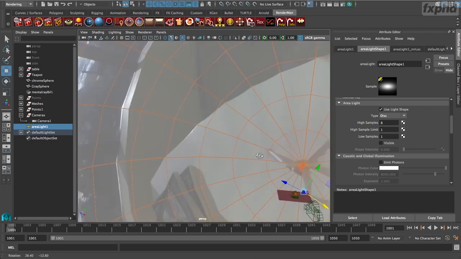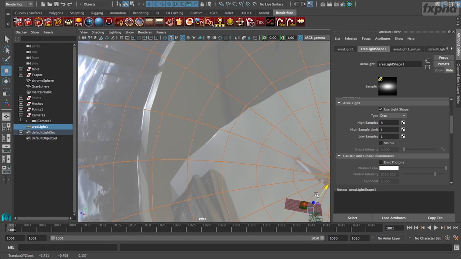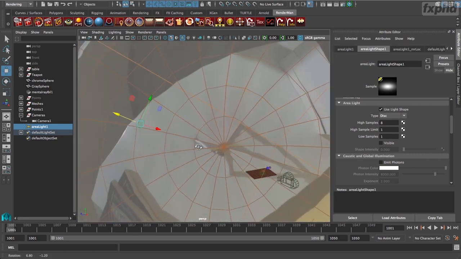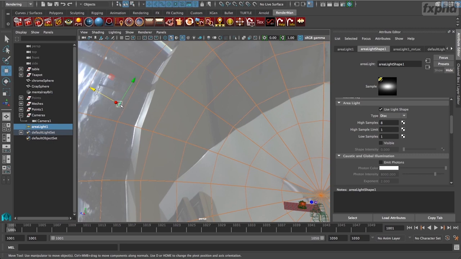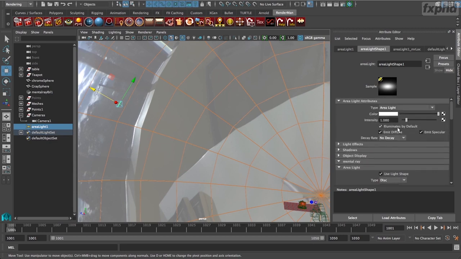Just move it across, down, and back out. So that's going to be our sunlight. Now obviously this is really an infinite distance away, so positioning it here will probably be just fine. And what we're going to do, we're going to say that it has no decay, because that's really the way the sunlight works. It actually does decay